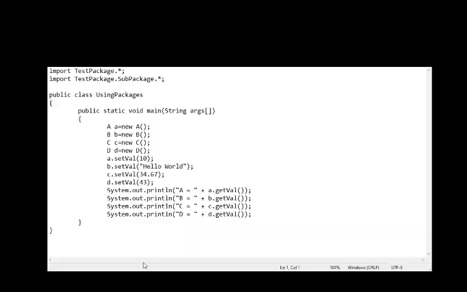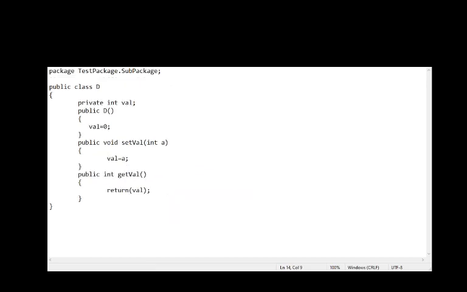Now what I would like to do is create one more class and put this inside another sub package. Now look at the statement here, package test package dot sub package. This means that I have a package called test package, and inside that I have a sub package called sub package. So this is like a directory hierarchy.